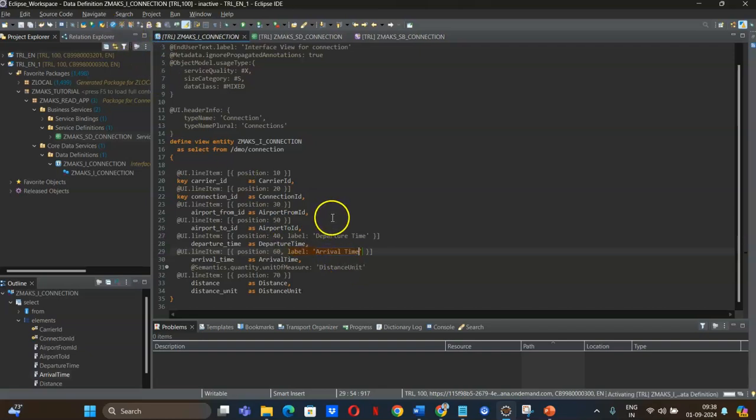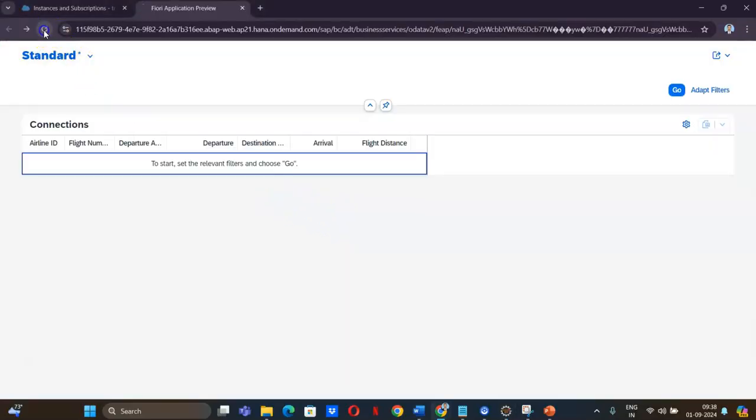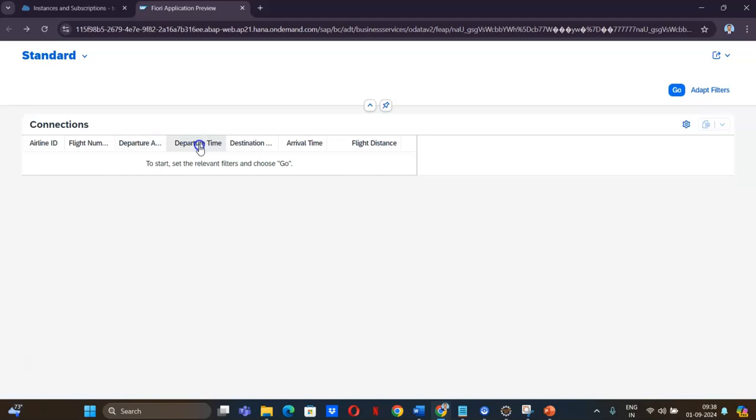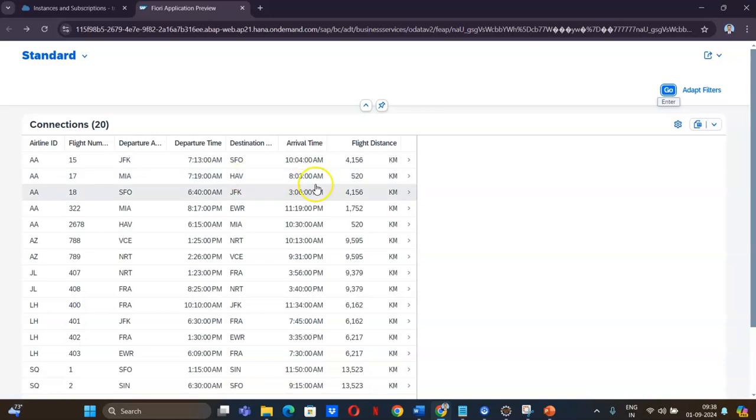Activate. Okay, refresh the application and your column headings are changed. Click on the go button, the data will be displayed. If you click on this instance of the record, it will take you to another screen, and this screen in RAP terminology is called the